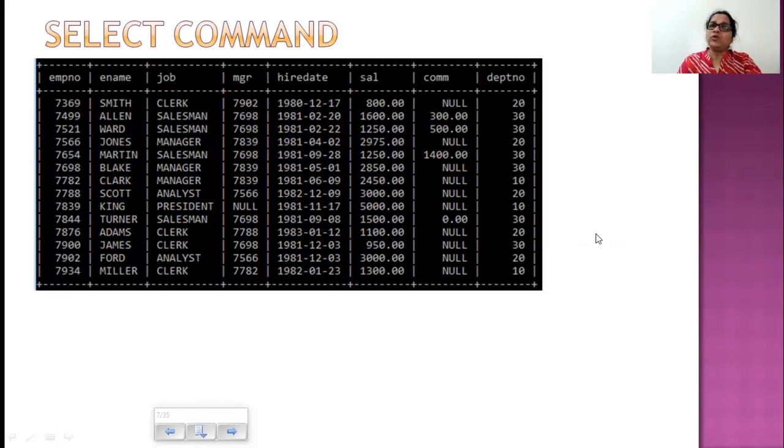But even if you don't know what that column means, it really doesn't matter to the commands that we write. So don't think, oh, what if I had... Because if ma'am wouldn't have explained what MGR means, you would never know. Similarly, you could see some columns which you don't exactly know what they do, but that really doesn't matter when you're talking about writing commands. Most of the columns are going to be self-explanatory.